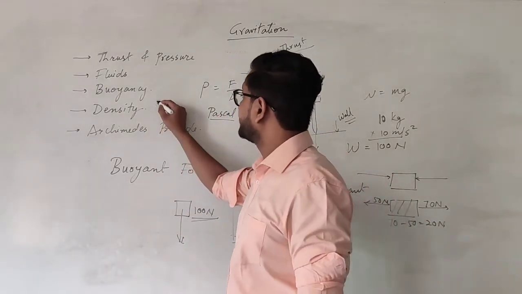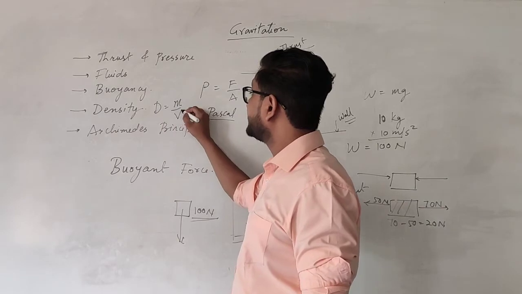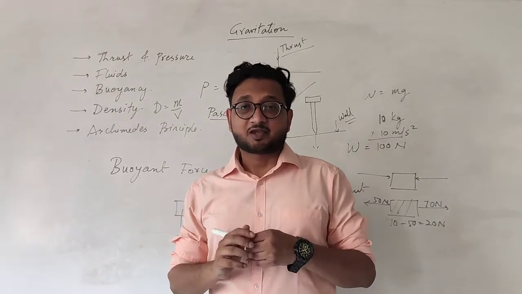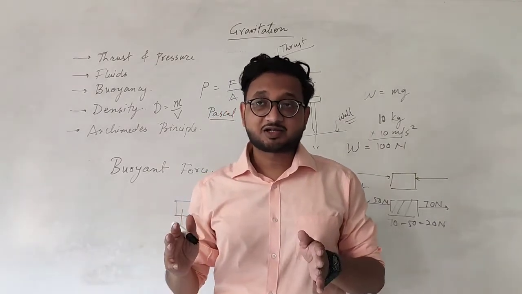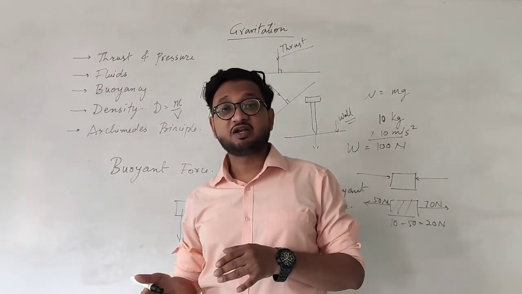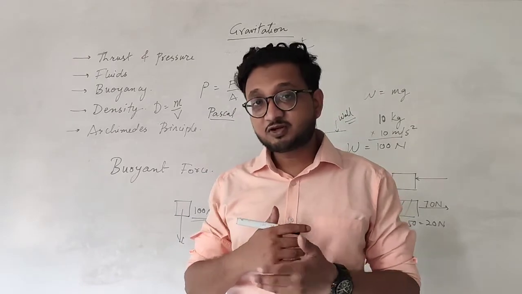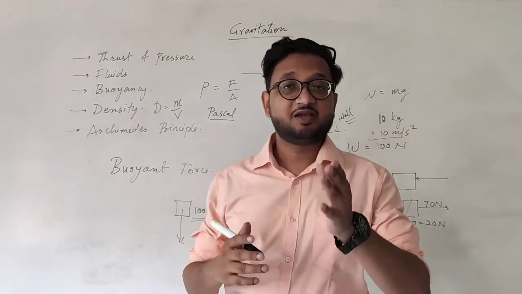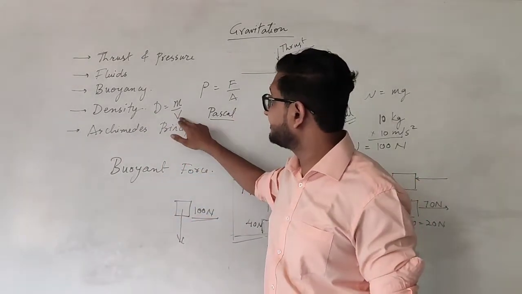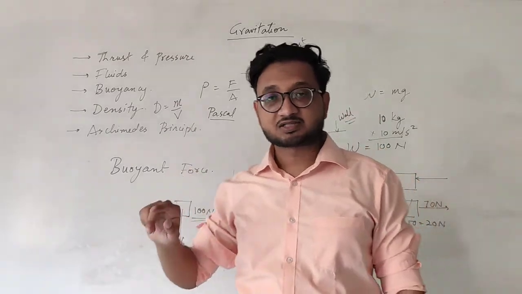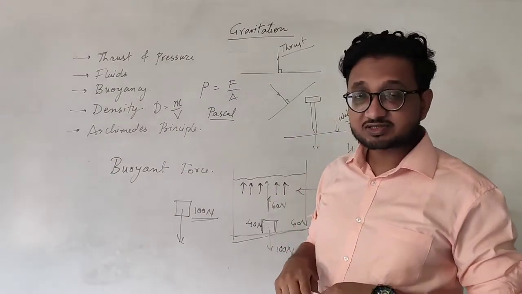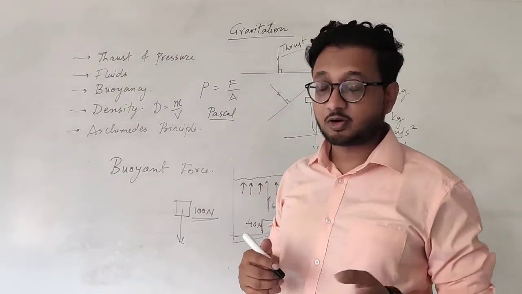So density is given as mass per unit volume. How much mass is inside a particular volume? Imagine you have a tank, and in one tank you are filling water, and in the same tank you are filling air. Which one will be lighter and which one will be heavier? The one with the water will be heavier because it has more density. Why does it have more density? Because in the same volume we have more mass. I hope it is clear to you students. And what is mass? Mass is the matter inside an object.